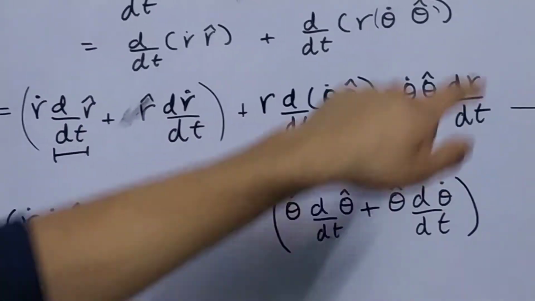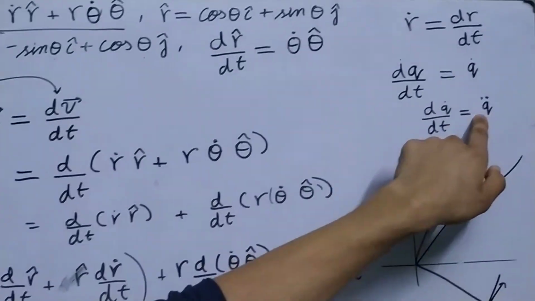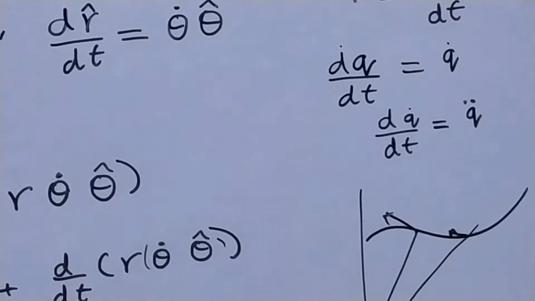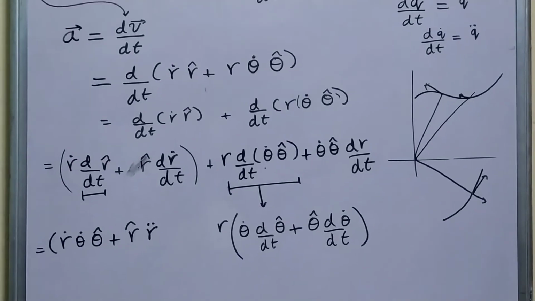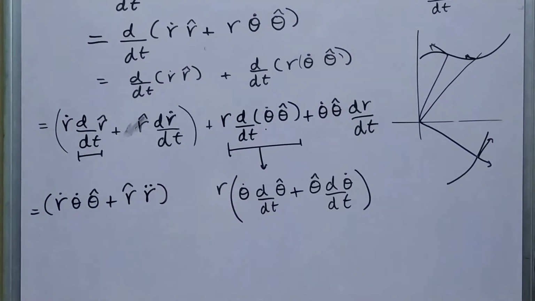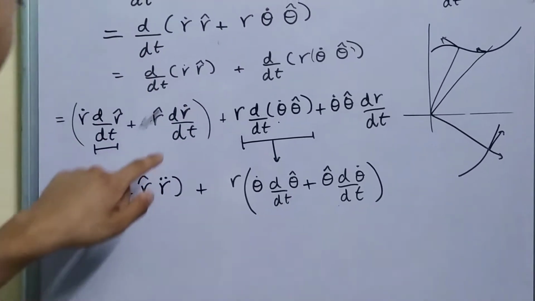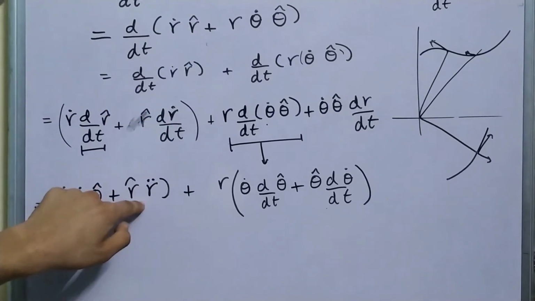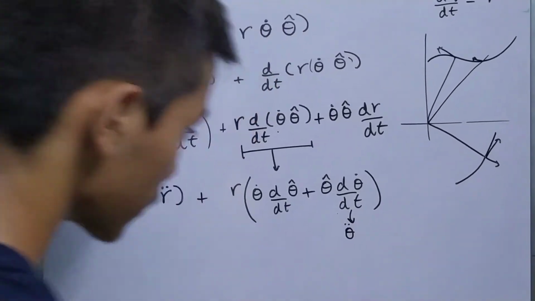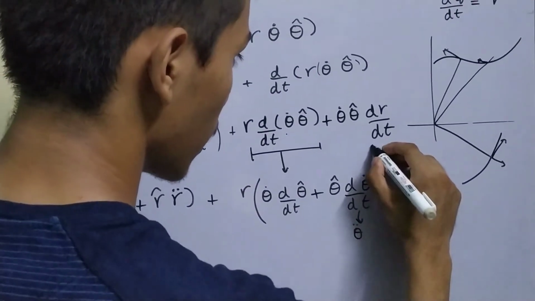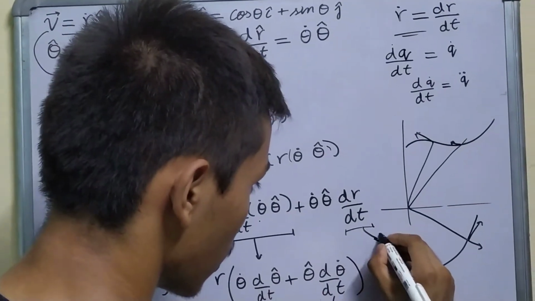So like I said, if you differentiate any quantity q dot with respect to t, we write it as q double dot. Nothing new, just a convention of writing stuff. So therefore we can write this as r double dot plus this quantity, and similarly as you have written d by dt of r dot as r double dot, you can write d by dt of theta dot as theta double dot, and d by dt of r is again, you can write this as r dot.